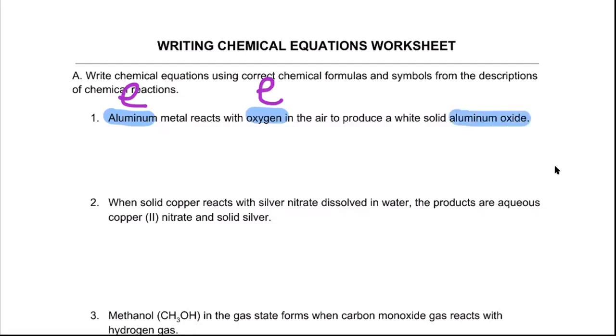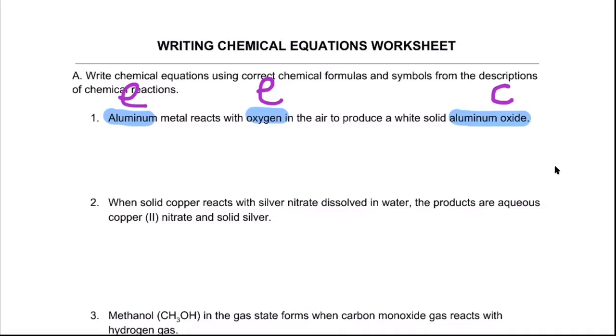It's aluminum oxide. Now, is that an element or a compound based on its name? What do you guys think? It's a compound. The biggest clue that it's a compound is it's not just one name, because all our elements are just going to be one name. Okay. So it is a compound. And then before I go to write its formula, I need to know which kind of compound it is. So this is why on Monday we reviewed the ionic, covalent, and acid stuff, because based on which type it is, that's going to help you to figure out how to write the formula for that compound because they're all